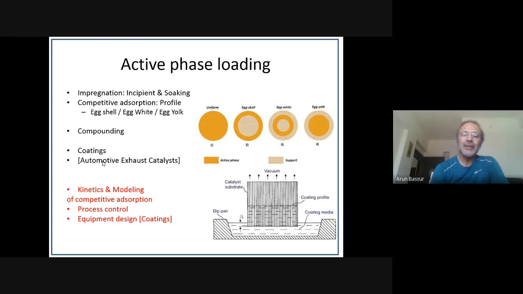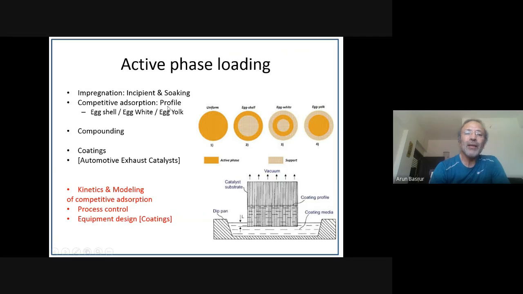A catalyst basically consists of two components. One is a support, which provides a high surface area, porosity, and thermal and mechanical resistance, and the other is the active phase, which actually does the reaction. So it is necessary to distribute this active phase onto this support. This can be done in various ways. One technique is known as impregnation. If you use a minimum quantity of solution just to fill the pores of the support, it is known as incipient wetness. If you use excess solution, it is known as soaking or dipping. When you use an excess solution, the challenge there is to reuse the leftover solution.